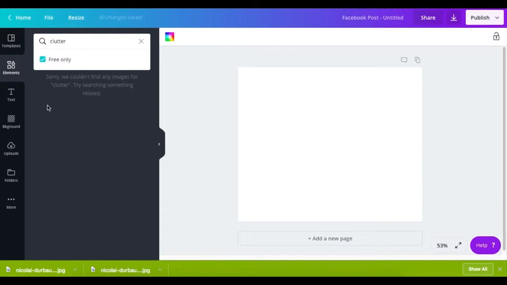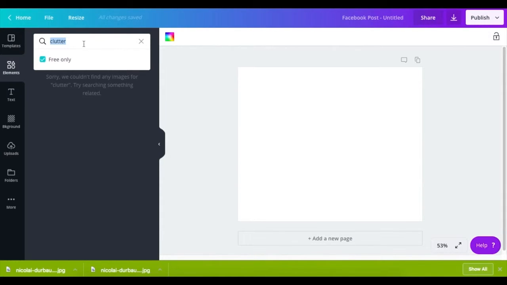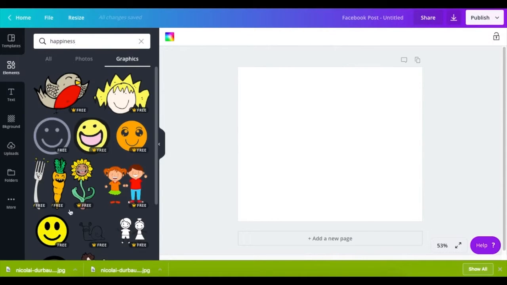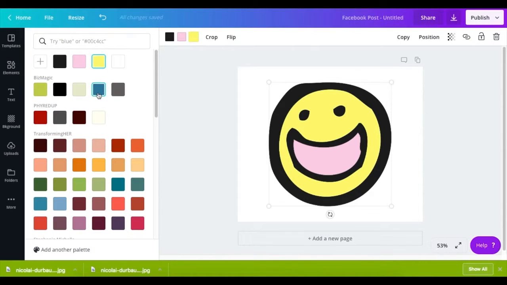So if you click free only, they don't have any clutter images here that are free only. But if you do happiness, images, graphics only, and then you can see the free ones. And then you click it, and it pops right into your blank canvas that you're working on. Now, this one in particular is cool because we can change the colors in it, which is kind of fun,